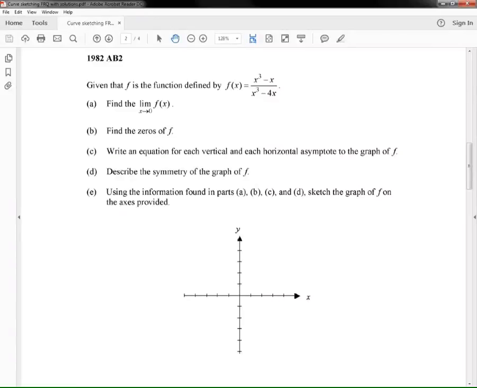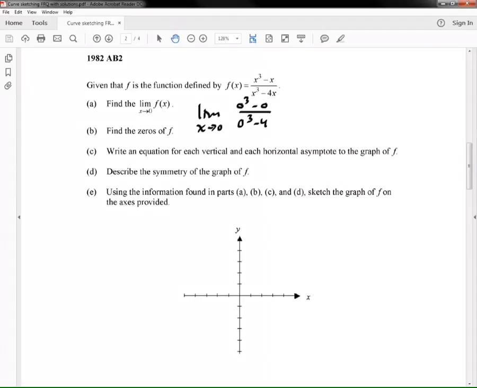Alright, let's get started on this first one. Take the limit as x approaches 0 of this guy. Okay, so if you remember, whenever we do limits, the first thing you try is to substitute in the 0, or the x value that you're approaching. And when we do that, we can see that we're going to get 0 over 0, and that is